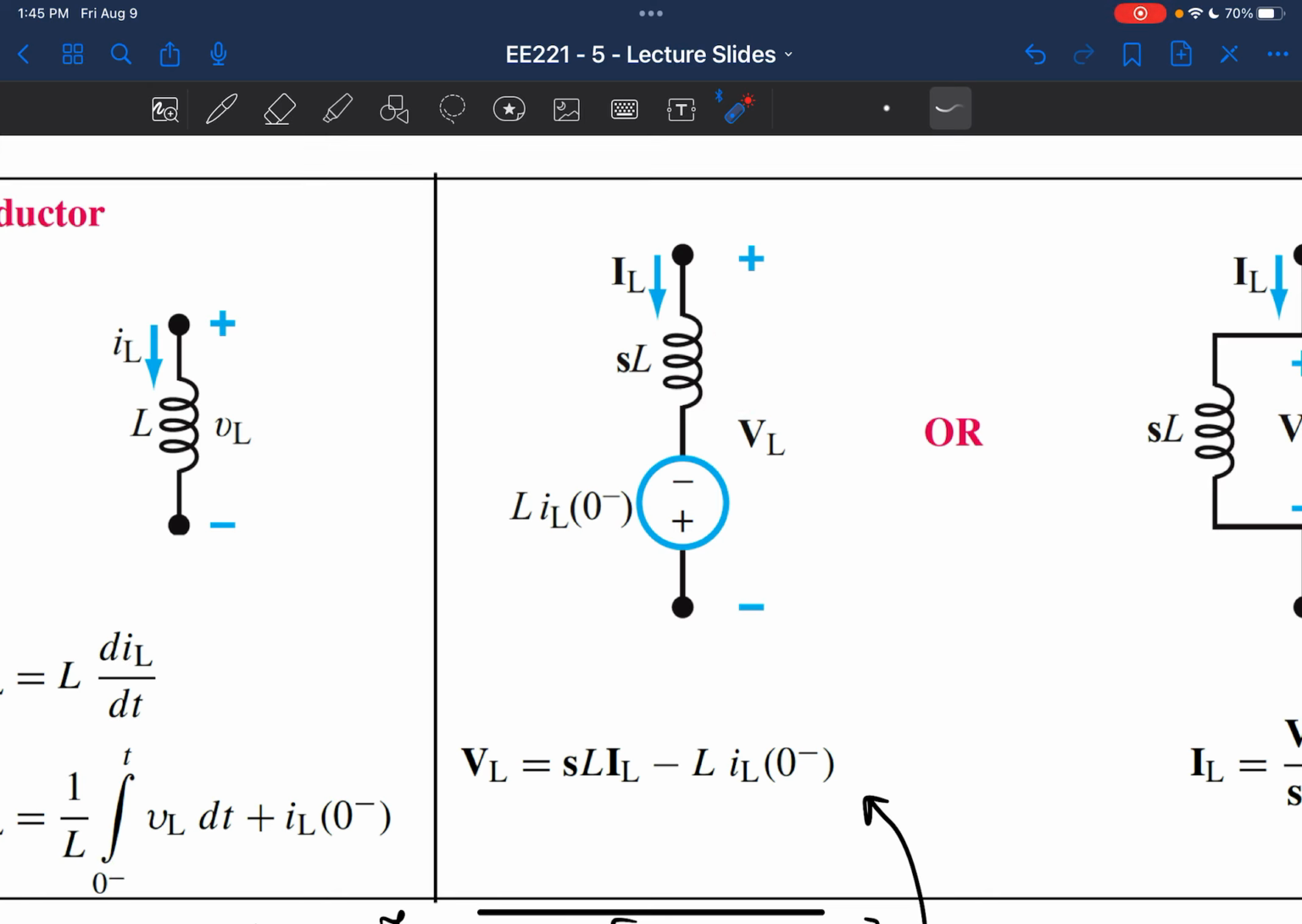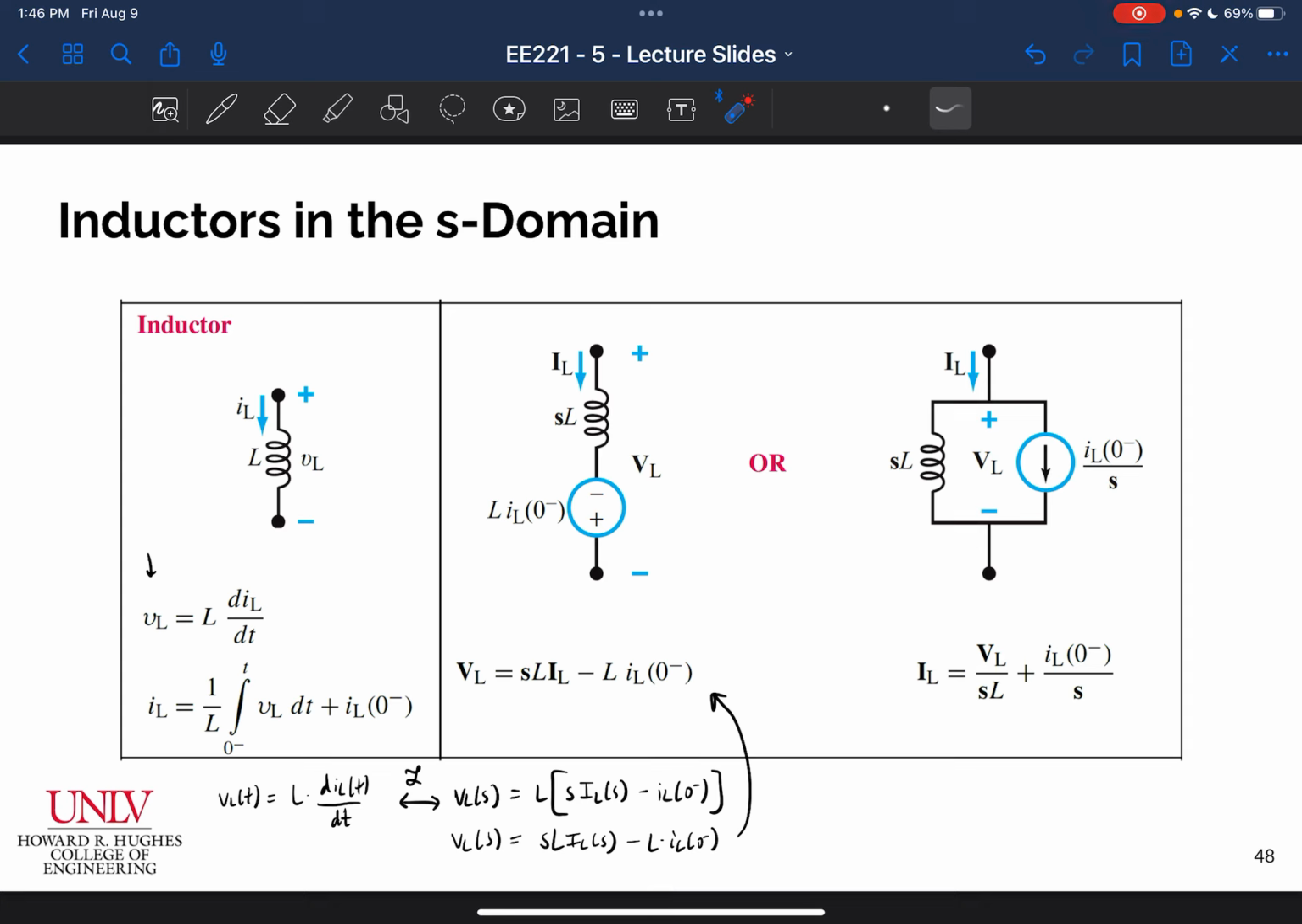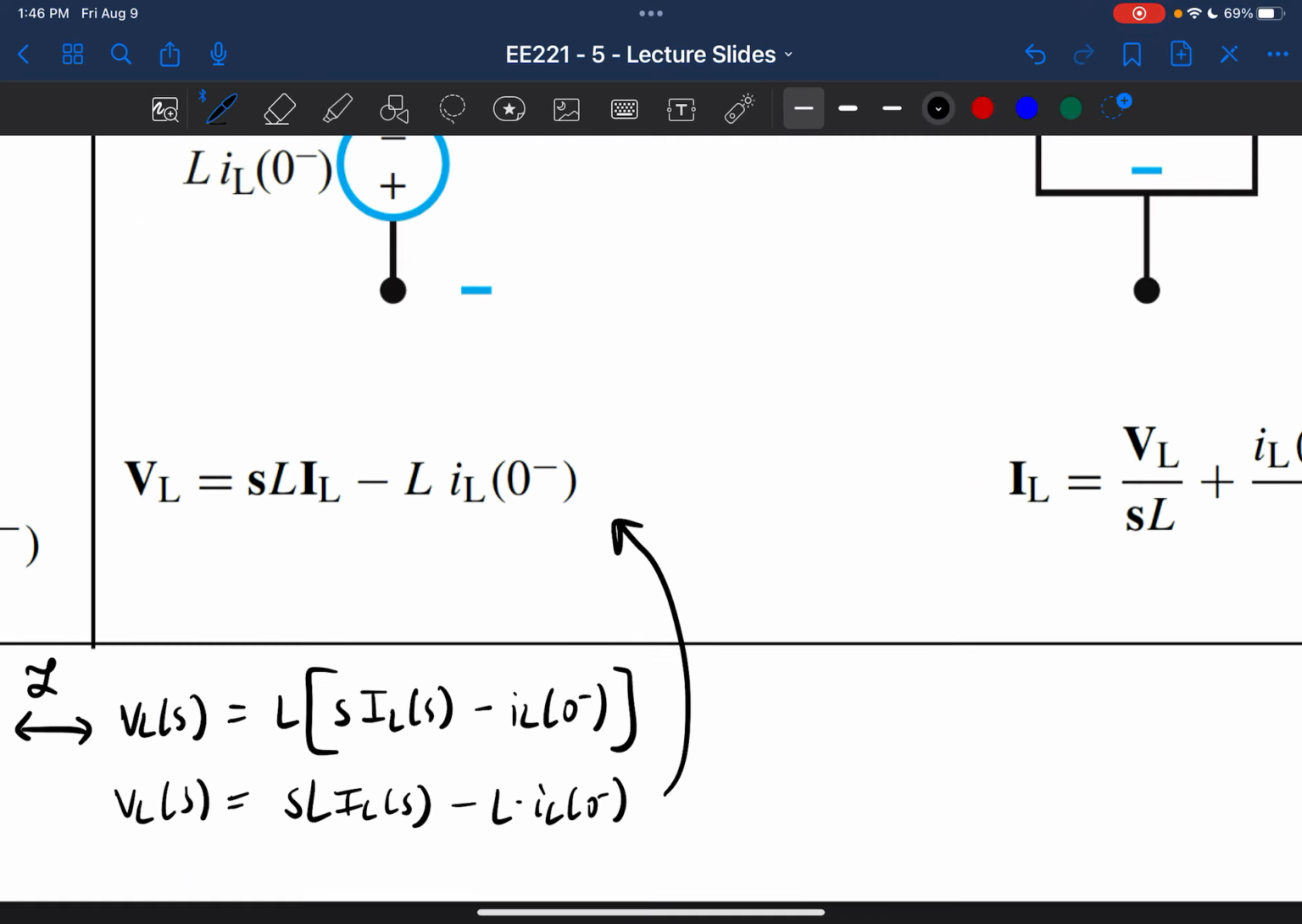And then to get the full voltage, we have to also subtract this initial condition term, which happens to be the initial current multiplied by L in the S domain. And so that's one model where we model the entire inductor in terms of the voltage across the inductor and the voltage of the initial condition. We can also model it as an inductor in parallel with a current source,